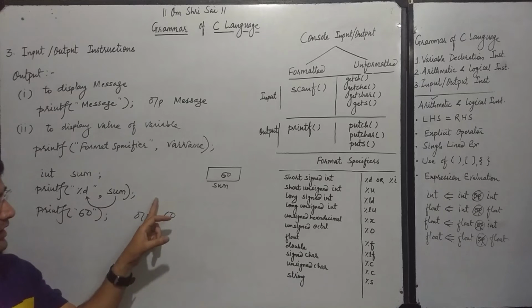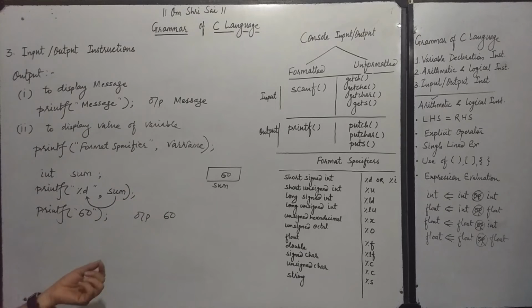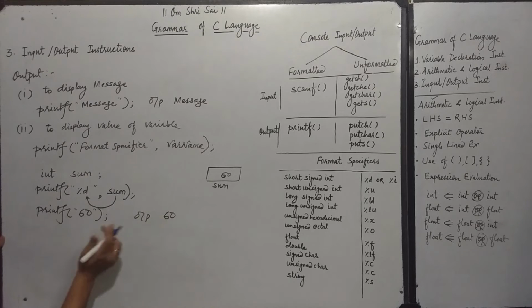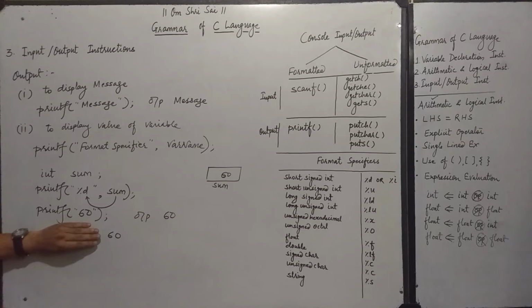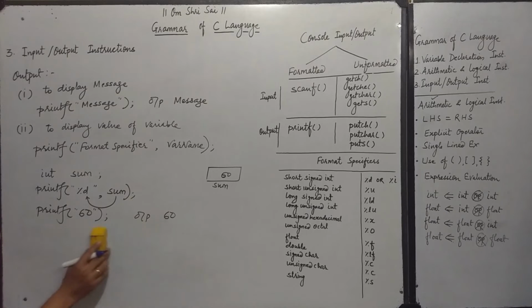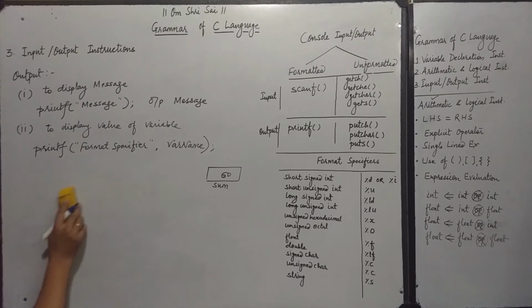यदि मैं सिर्फ वेरिएबल के कंटेंट डिस्प्ले करता हूं तो भी आपको मैसेज क्लियर नहीं होगा। यदि मुझे यूजर फ्रेंडली आउटपुट डिस्प्ले कराना है तो मुझे मैसेज कुछ इस तरीके से देना चाहिए था, जैसे कि फॉर एग्जांपल ये 2 नंबर का समेशन है तो I should display the result as sum is equal to 60 instead of just 60, it should be sum is equal to 60 to make this output user friendly. सो यदि आपको आउटपुट को यूजर फ्रेंडली बनाना है तो मुझे फर्स्ट सिंटेक्स और सेकंड सिंटेक्स को